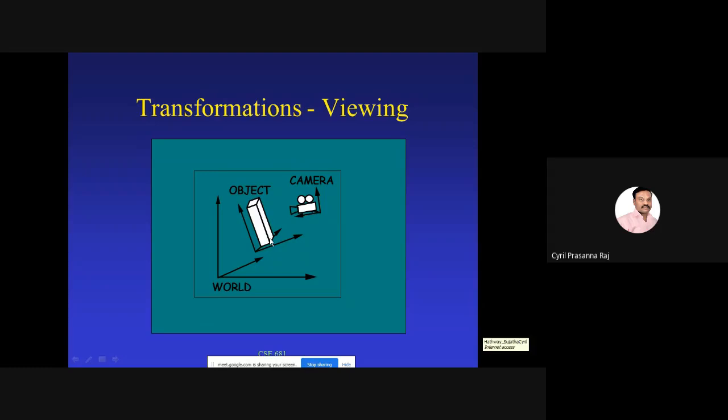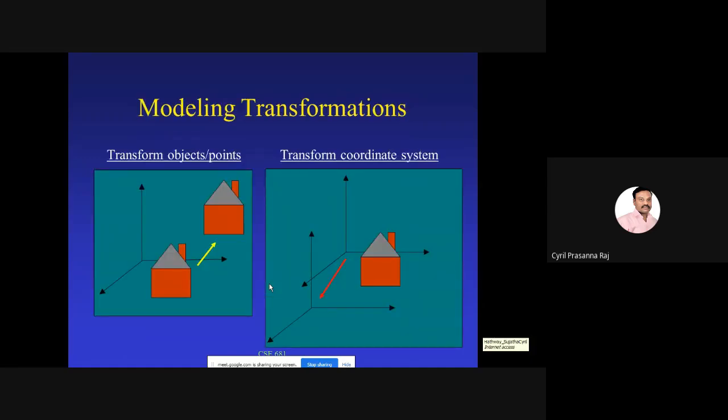Now, what is required is that this object, whatever you have taken of a building, has to map to the world coordinate system. Every object, every picture, every concept that is available should be mapped to a world coordinate system. Only then is it possible to bring uniformity to our image processing algorithms for detection of objects or any other activity. So there is a process called transforming the objects from one coordinate system to the next. Let us see how that helps.